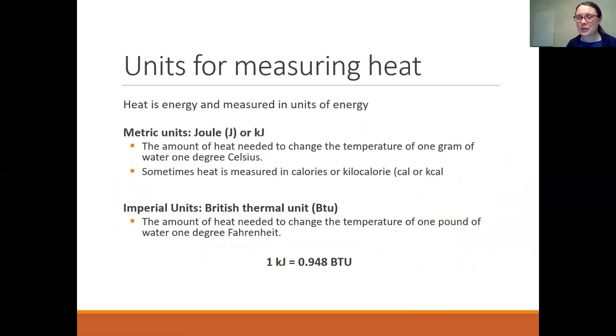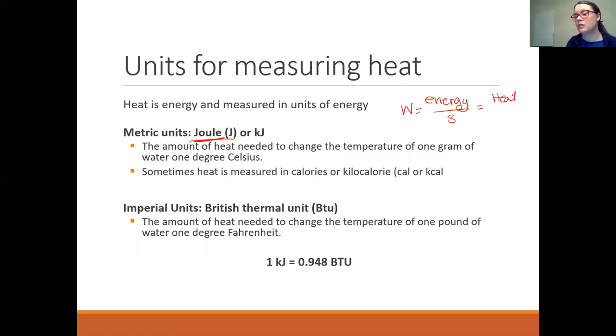Now, what units do we measure heat in? Heat is energy. So if you remember from our previous units, we measure energy in joules, okay? So energy is measured in joules. We'll often see ratings for watts on equipment. If you have watts, that's a matter of power. That's going to be energy per second, okay? So a watt is equal to energy per second,